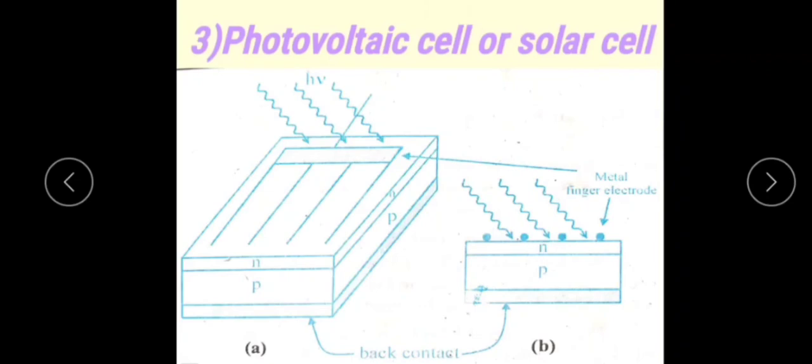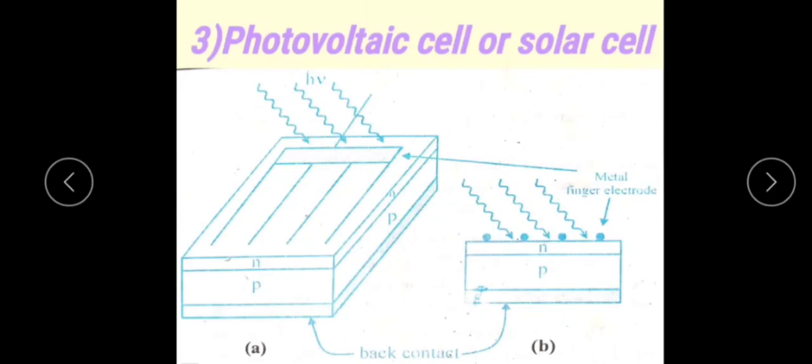Any radiation with a photon energy greater than the band gap can generate EMF in the solar cell. The intensity of the solar radiation is maximum near 1.5 electron volt. That's why we took the band gap between 1 to 1.5. Why do we take a band gap of 1 to 1.5 electron volt? Because the intensity of solar radiation is maximum near the 1.5 electron volt. For a better solar conversion efficiency, we use semiconductors with a band gap of 1.5 electron volt or less.